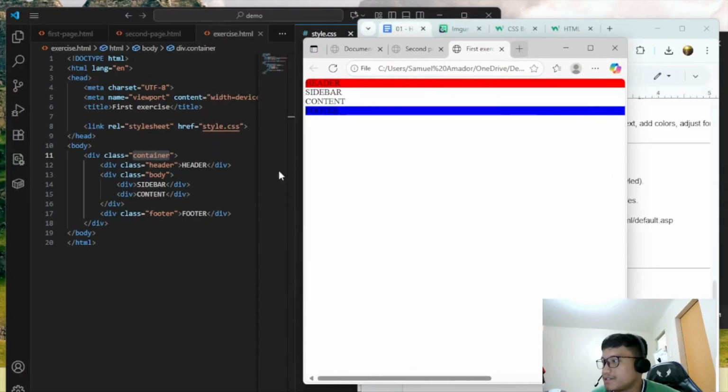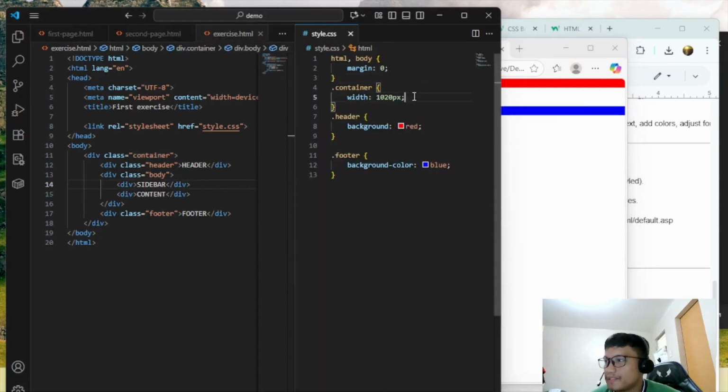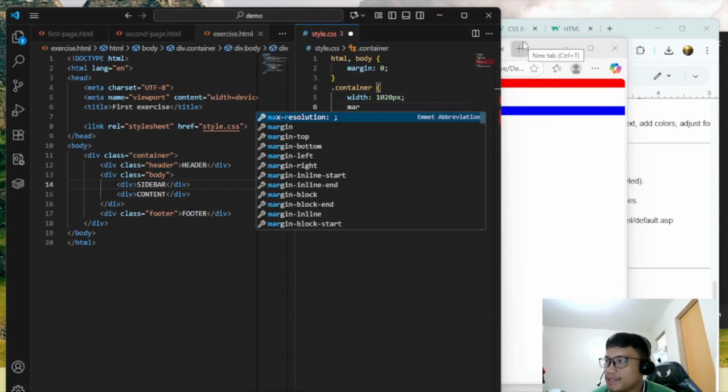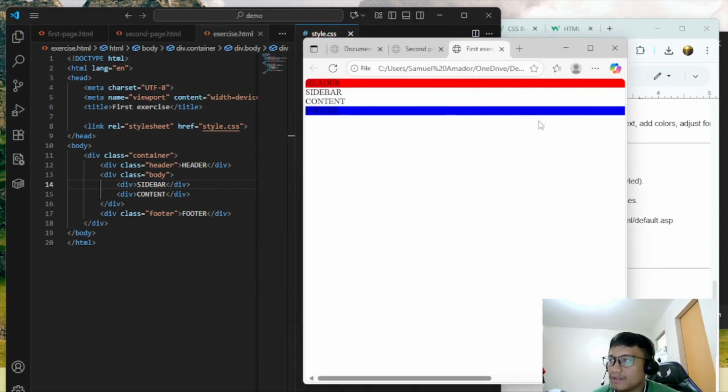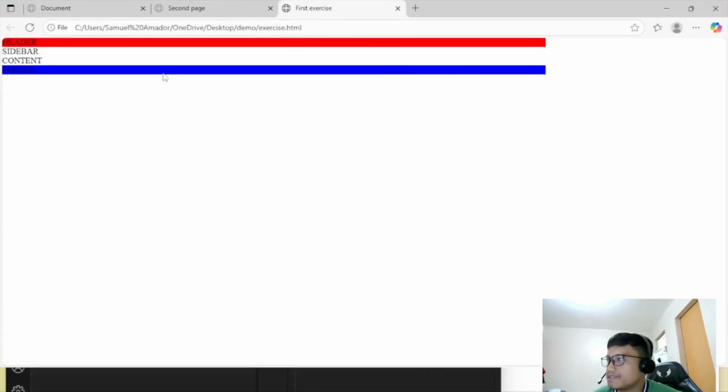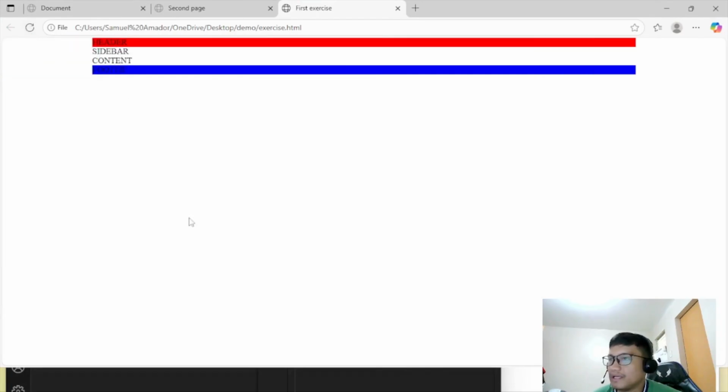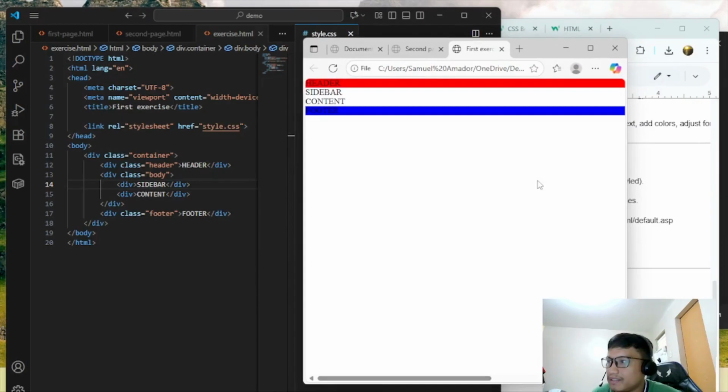Okay. So for instance, we want to put the margin automatic. So let's say if you want to put it at the center, yeah. So the container now is automatically added at the center of the page.